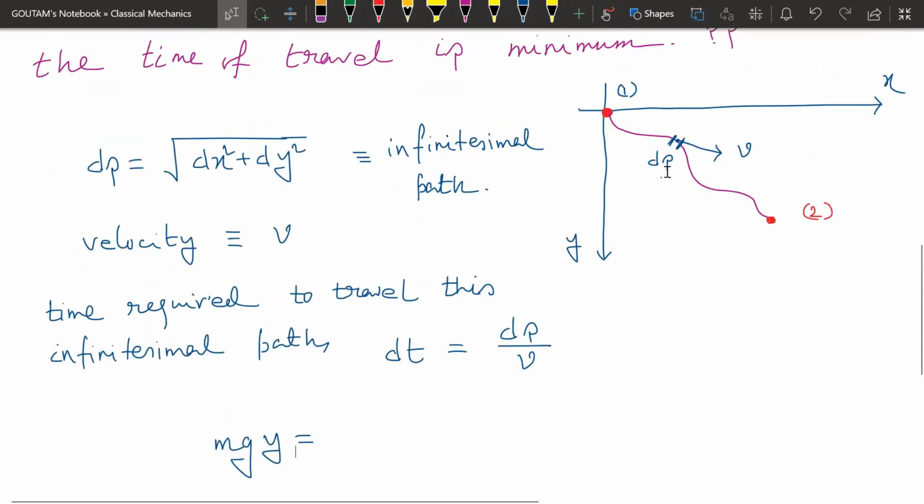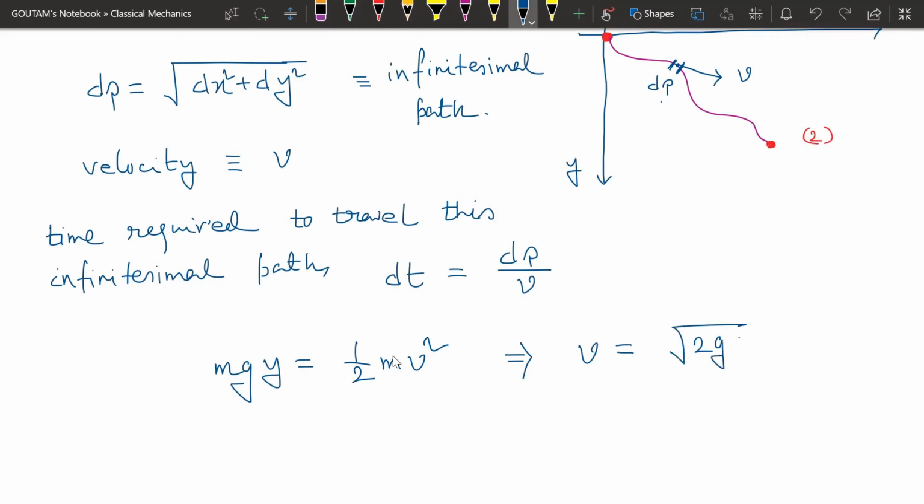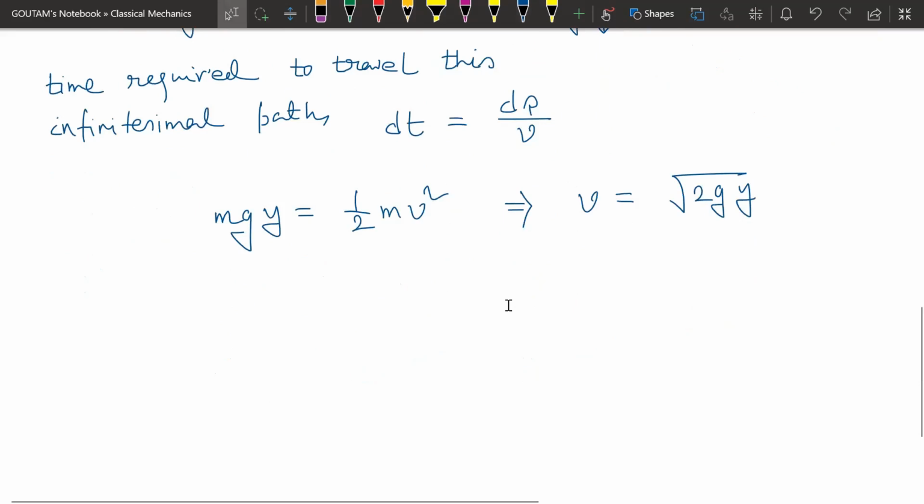The kinetic energy was zero at point 1, because there was no velocity; the particle was at rest. So here the kinetic energy is half mv square, and the gain in kinetic energy will be half mv square. From this relation we can cancel m from each side. In that case, v will be root under 2gy, so dt will be ds by root under 2gy. So the total time taken